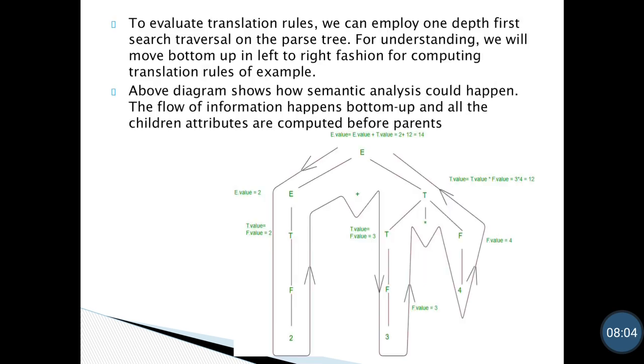So to generate a result, to evaluate translation rules, we can employ one depth first search traversal on the parse tree. For understanding, we will move bottom up in left to right fashion to compute translation rules of the example. You can see this diagram is the same as we discussed in the previous slide.